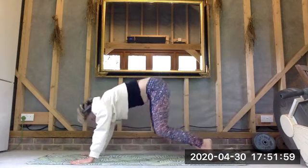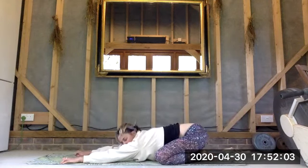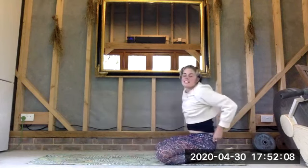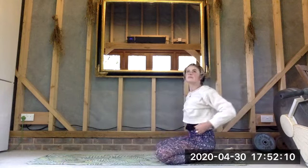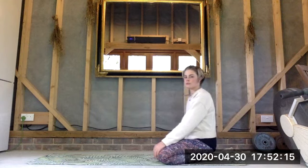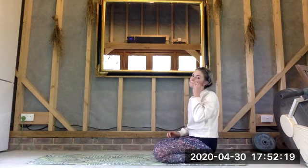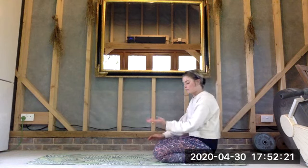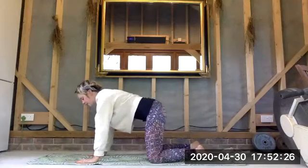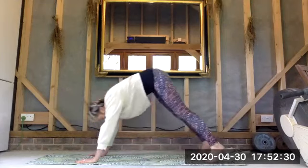And just lowering the knees to the mat here, taking them as wide as the mat, pushing back into your child's pose. Reaching the fingers forward, releasing the head, releasing the neck. Just taking some deep breaths. And as we inhale here, bringing ourselves forward into that tabletop position, tapping the back toes, gliding back into your